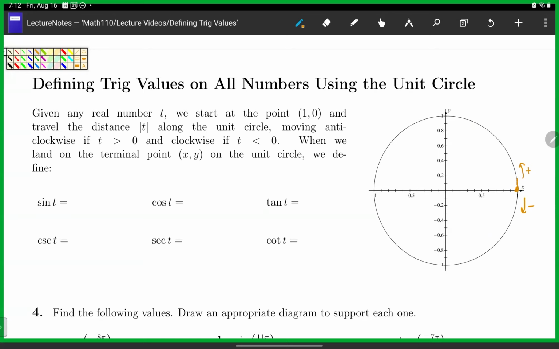So if I go t units along the unit circle, and I end up on this point x, y,